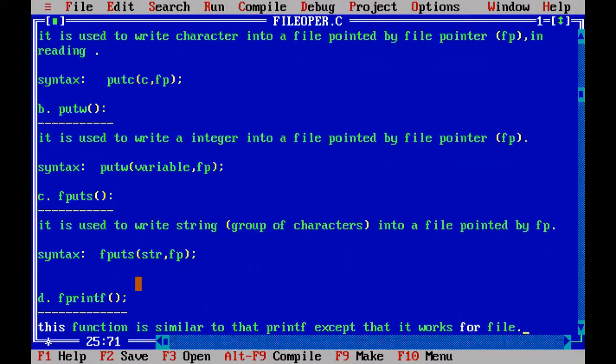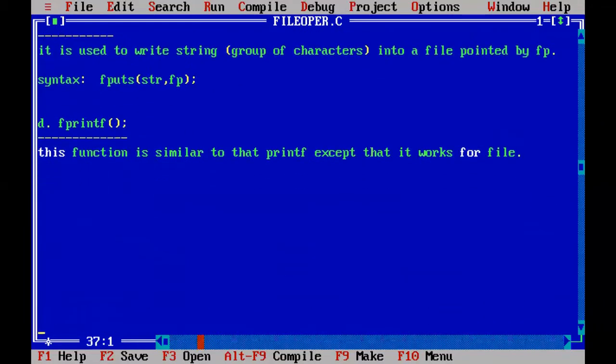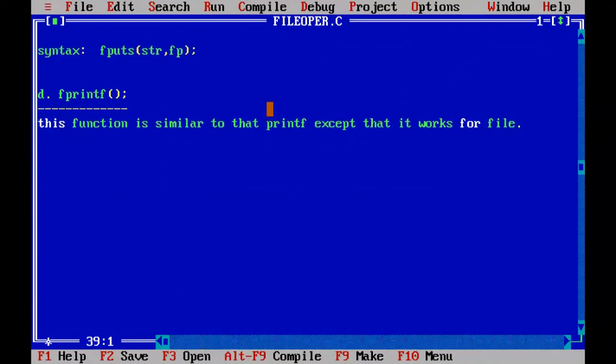What does that mean? This regular printf, which we are using in all the programs, is going to print some data, to write some data on the monitor. This is also going to write some data, but not on the monitor. The fprintf function will not write the data on the monitor. Instead of printing the data on the monitor, it will write the data into the file. That is the only difference between the fprintf and printf functions; otherwise there is no difference at all.